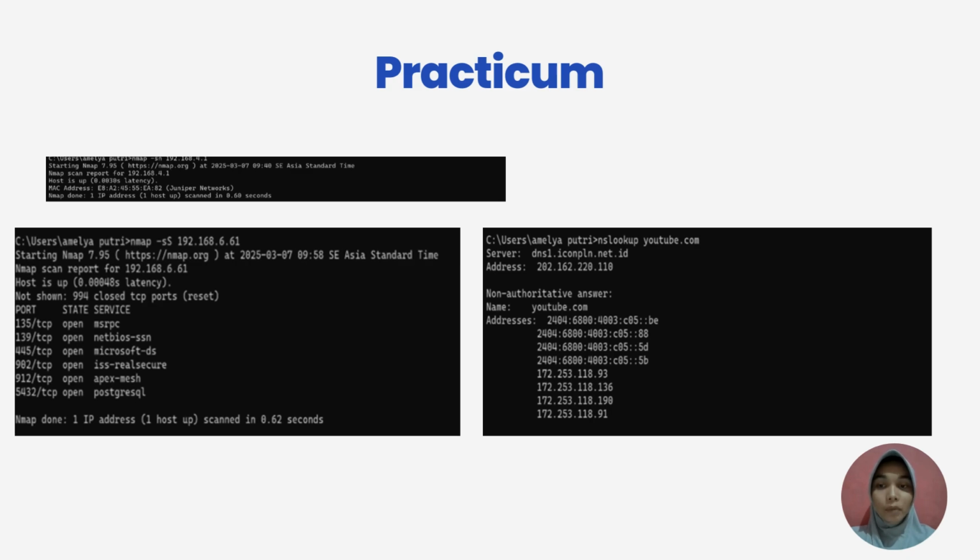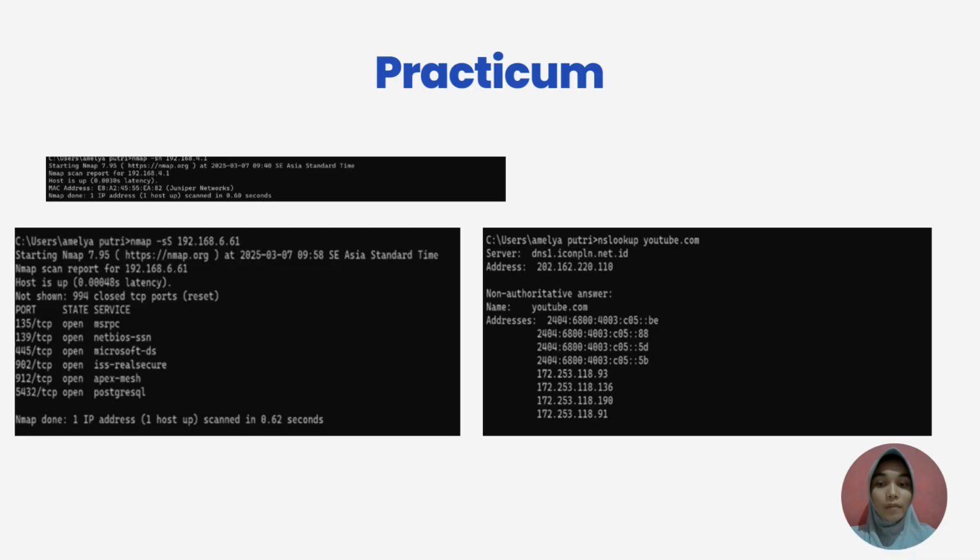After doing the nmap command, then I will do the nmap -sn command and enter the gateway IP. When doing ipconfig previously, the default gateway IP in the wireless LAN section was found. The nmap -sn command is used to perform a ping scan without checking the ports, and this can also find out whether the IP we are using is active or not on the network being used.